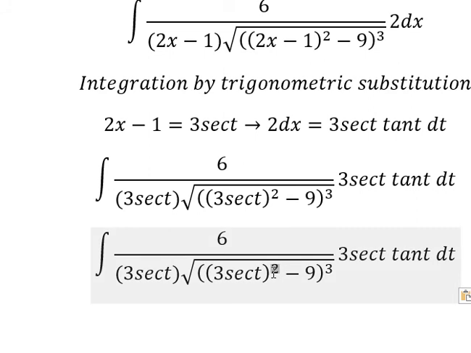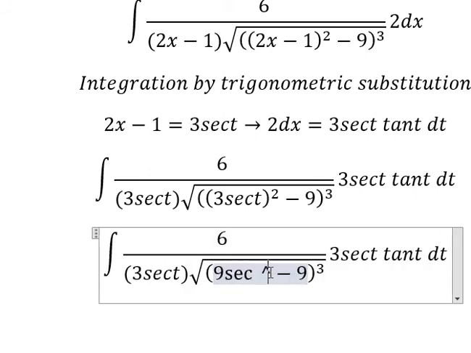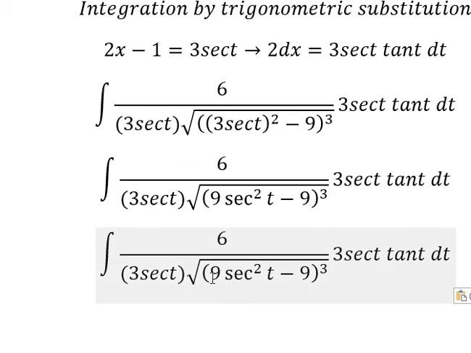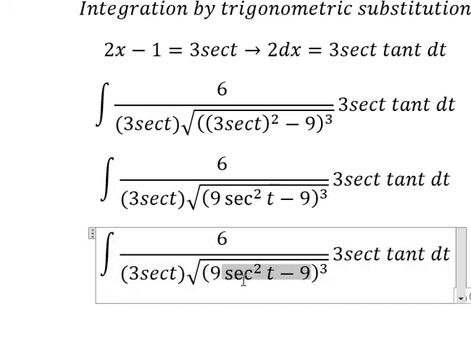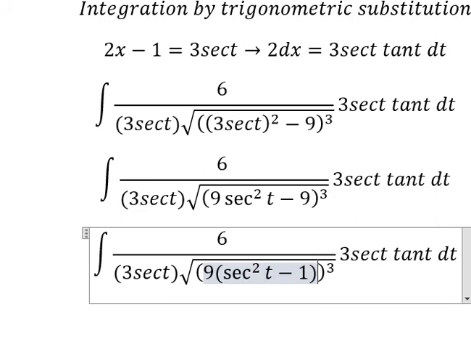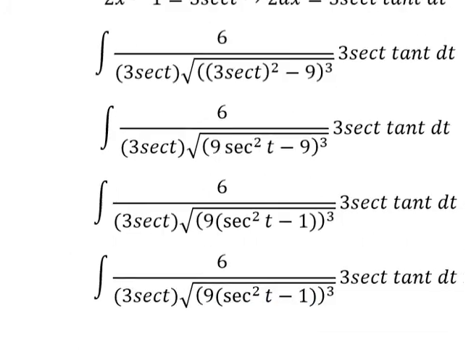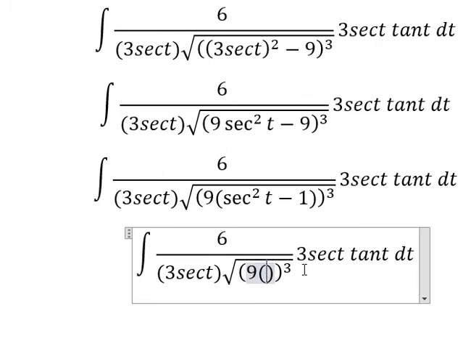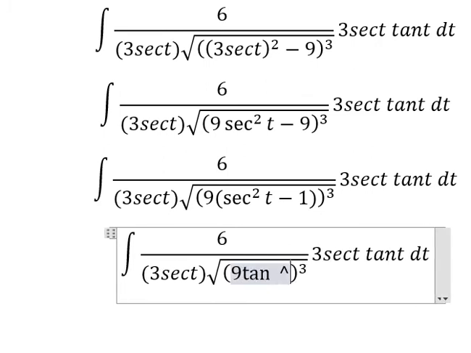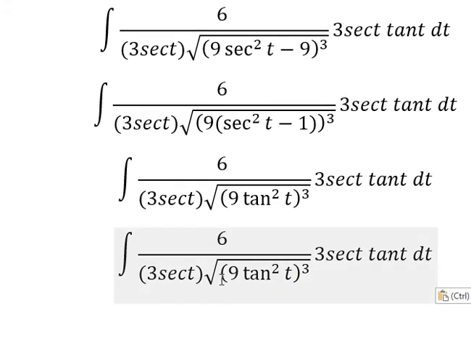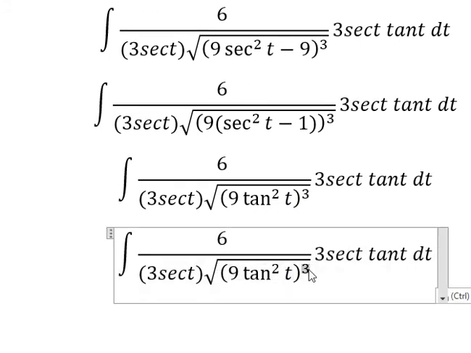So this one we have 9 secant of t squared. 9 and 9 we can do factorization. Secant of t squared minus 1 we change by tan t squared. So this one with the power 3 and the square root, we have